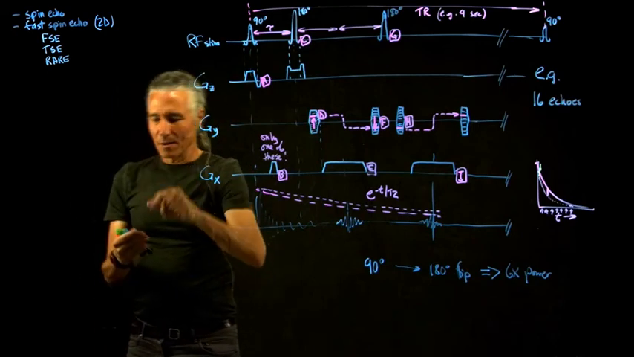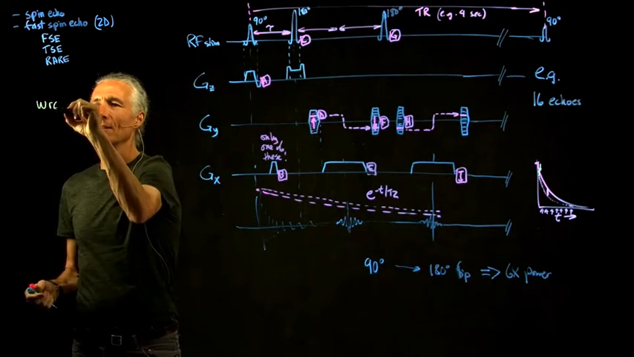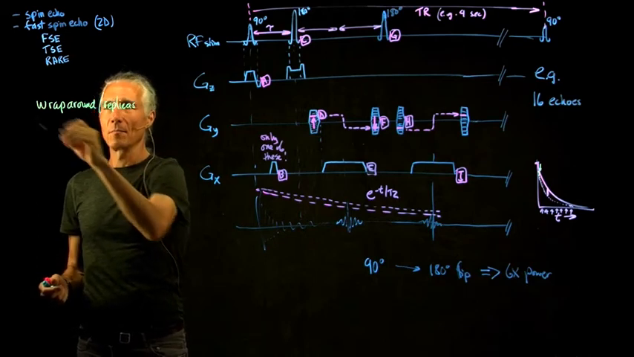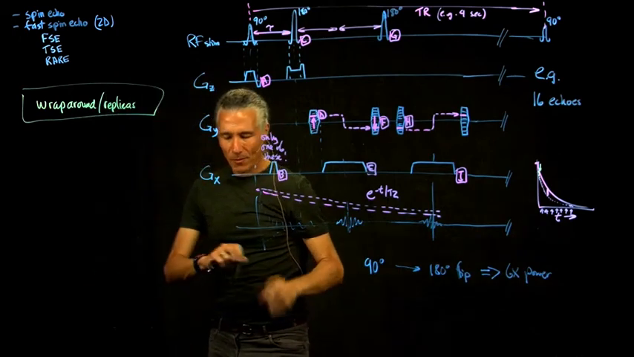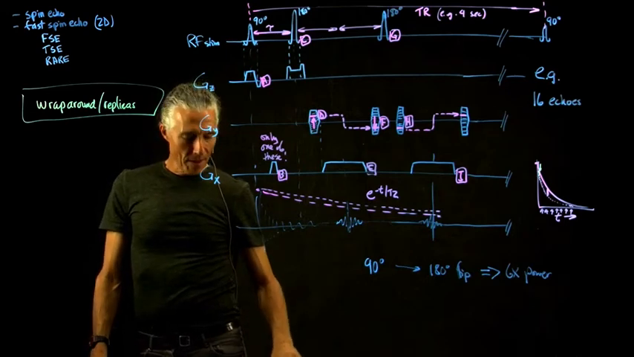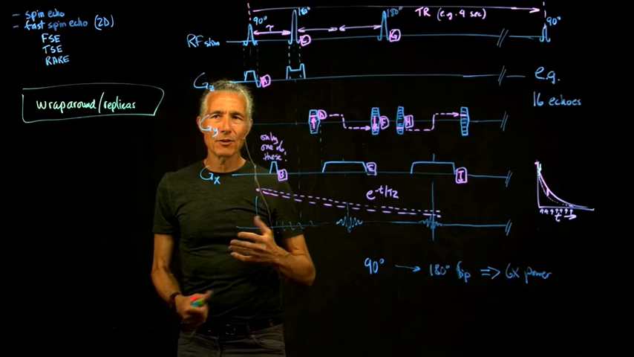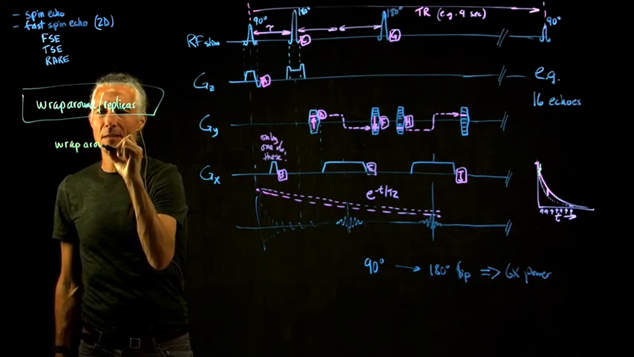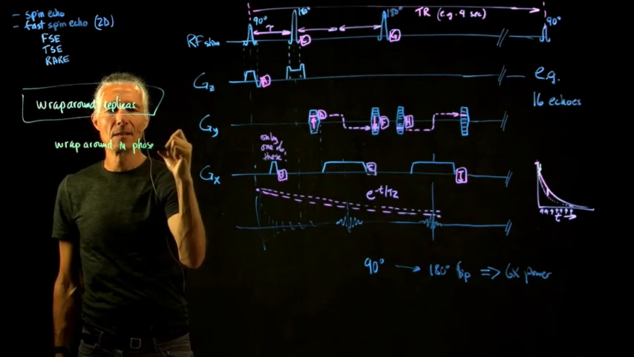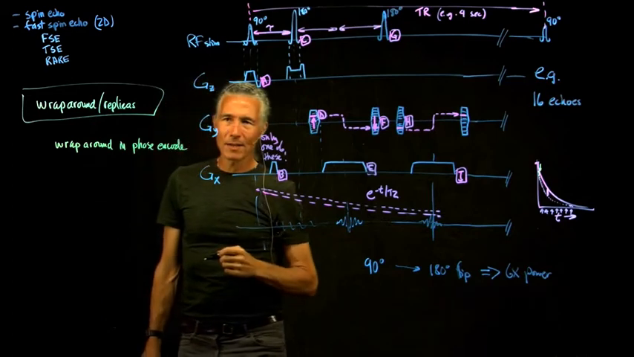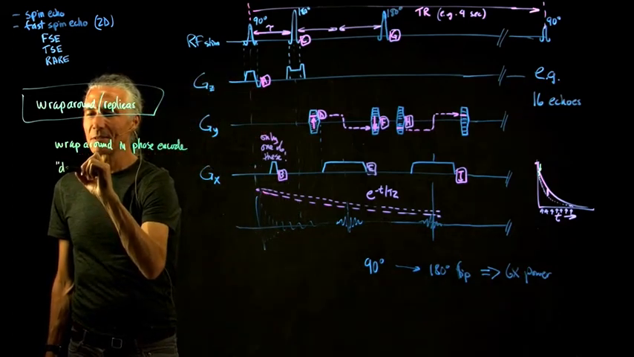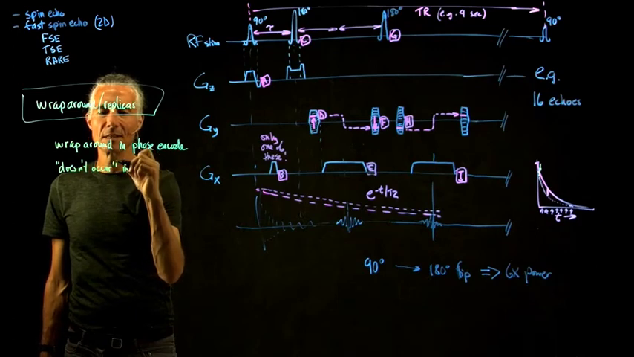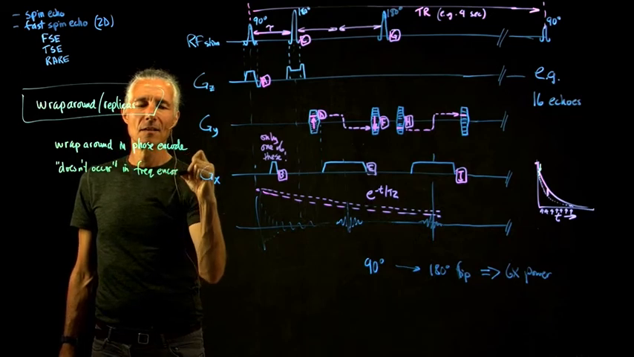So this is backing up to wraparound replicas, backing up to what we talked about last time. One of the things that happens, something that anybody who uses a scanner, like a clinician, would know, is that wraparound occurs in the phase encode direction. And it doesn't typically occur, we'll show that it actually doesn't occur in frequency encode. And so this, again,